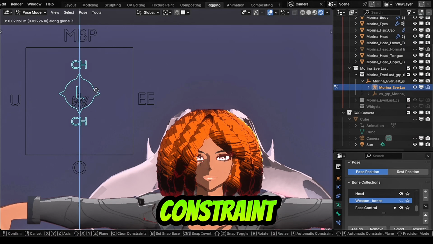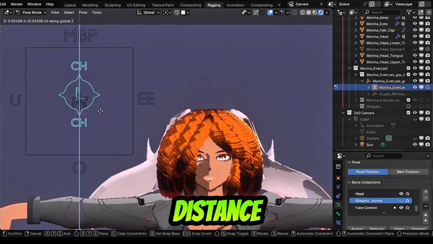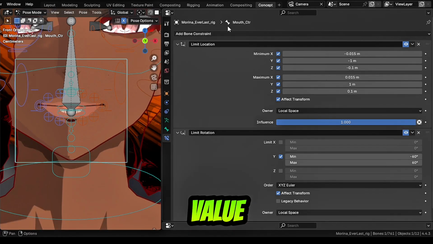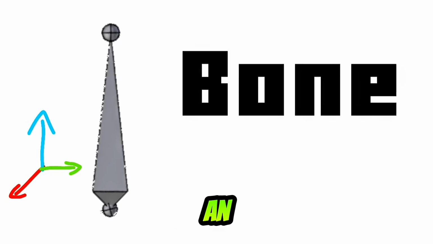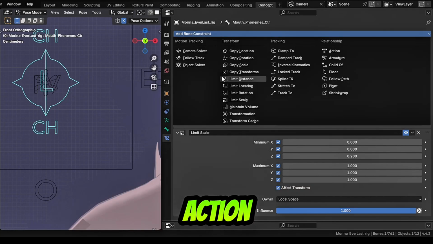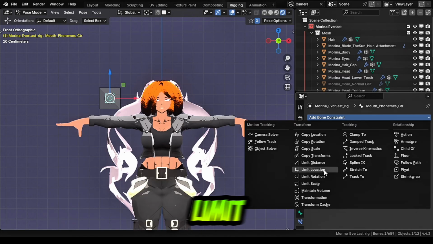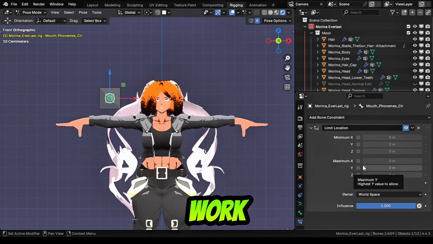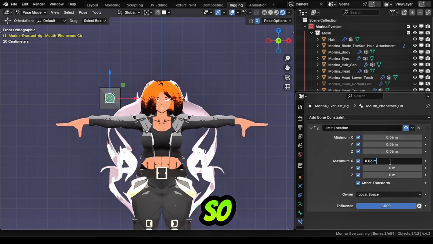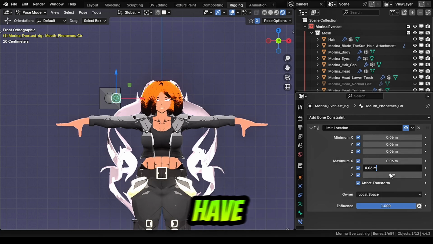A limit constraint simply limits the bone's distance, location, rotation, or scale to a set value. This is useful so an animator doesn't drag the bone out of place during animation, or, in my case, be used to allow action to be driven. So for the limit constraint, how this works is very simple. Basically, you will set a value according to the limit you want. So let's say for the maximum value, you will have